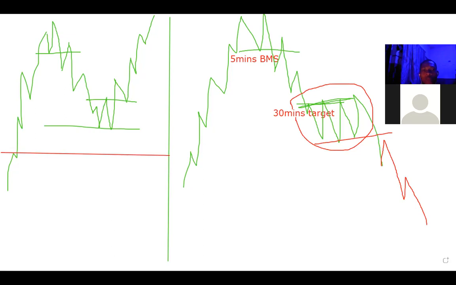This third one is influenced by what I call the buy and the sell model. Now, when you've watched the buy and the sell model, when price goes up, break market structure, retraces back, then drops to the 30 minutes target. When it gets to this 30 minutes target, then it did something like this. And keeps dropping. Why did this particular price hold price?